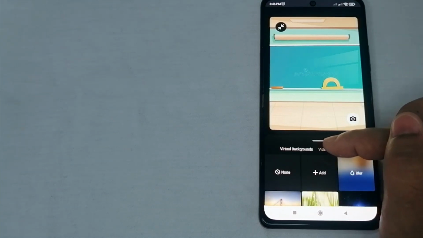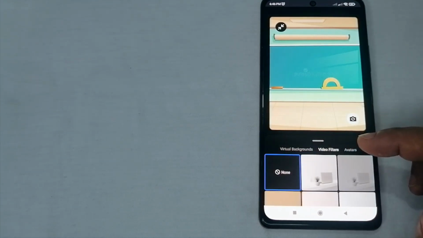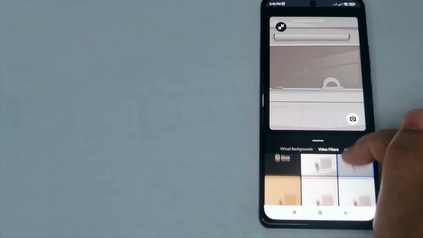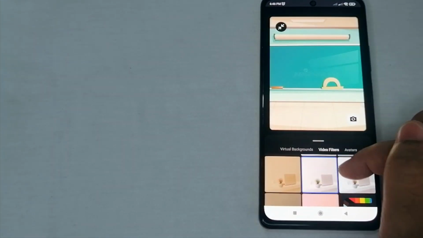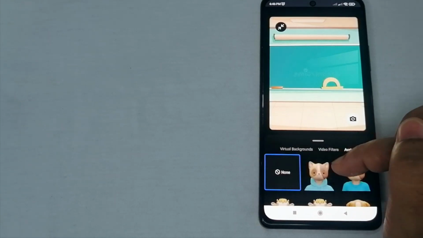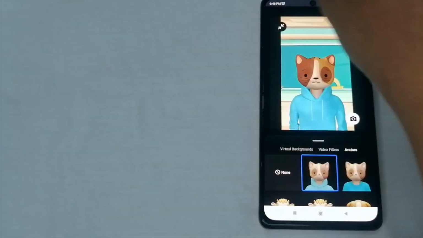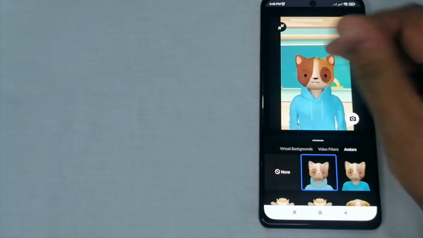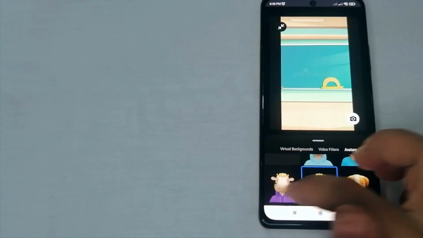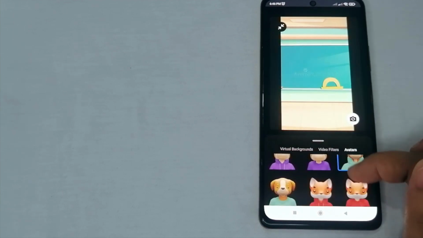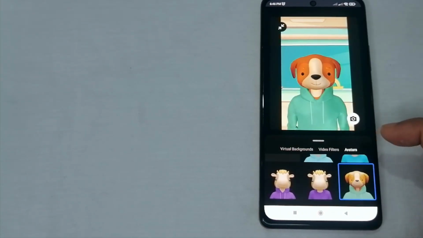Alright? So also, these are the video filters that we may use. Okay, so there are different filters. And of course, the avatars. If you want to look like an avatar, like this one, alright? So, you can choose what avatar you want to be seen by your participants. And there you go. If you want to end your meeting,